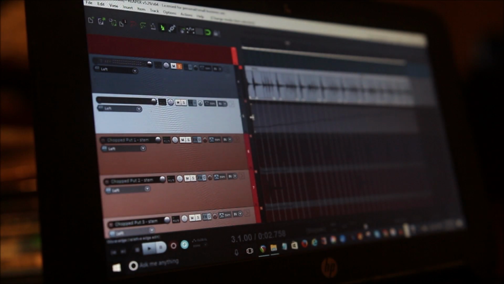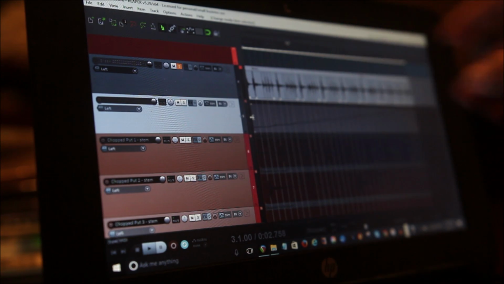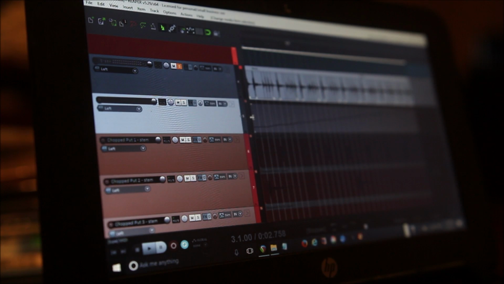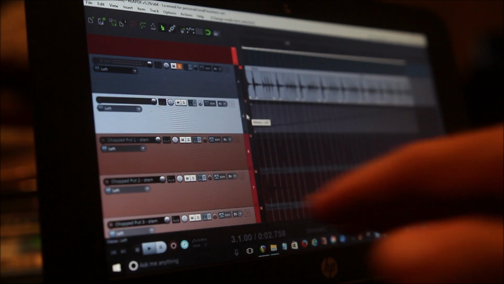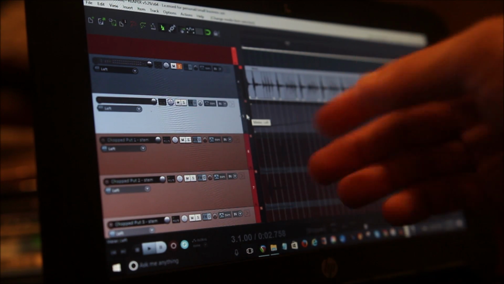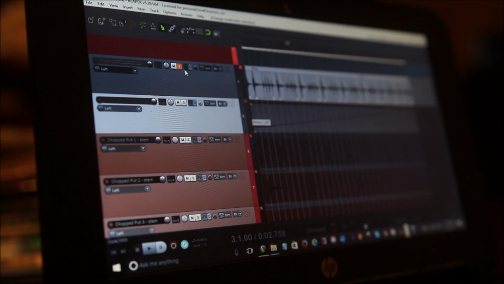So you then move around all the MIDI and just keep playing it until you've got a different sort of groove going. And you can do infinite different patterns. So what I ended up with was taking each of the individual hits, then bouncing them down to individual tracks. So I've got my snares on one track and kick on another, and then start going into the waveform here and reversing it around, pitching it around, and so on.